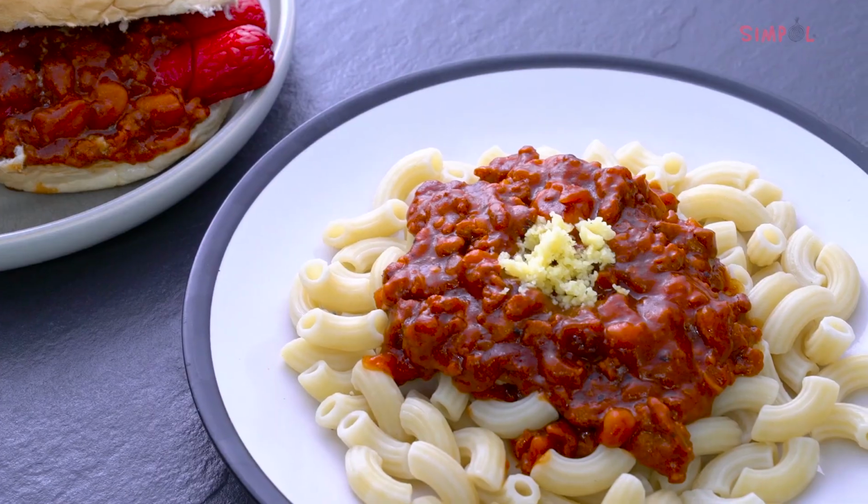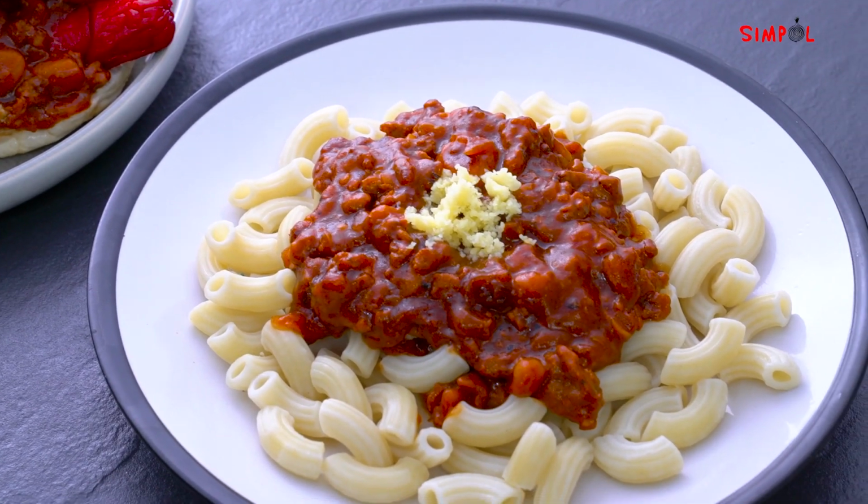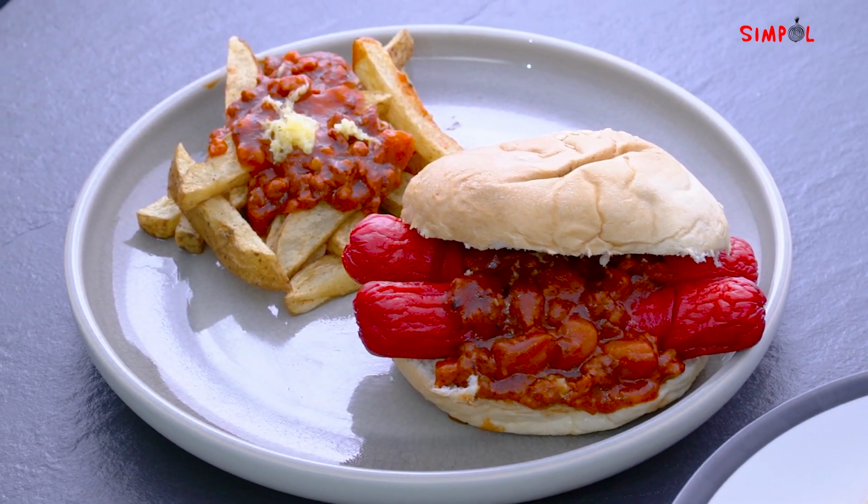Ngayong nakakulong yung buong pamilya sa bahay, hindi lang breakfast, lunch, dinner ang pinoproblema natin, pati na rin yung merienda, kasi naghahanap tayo ng mapapapak every now and then. Kaya itong recipe para sa inyo. Simpol, luto na,